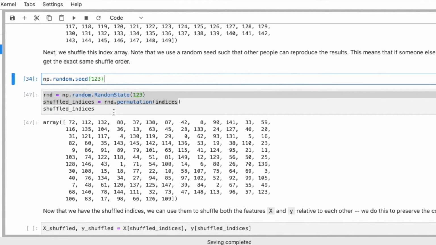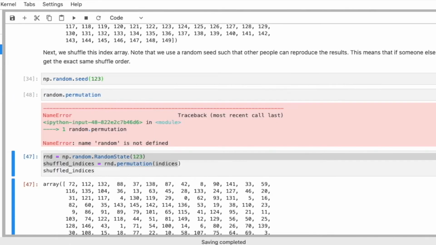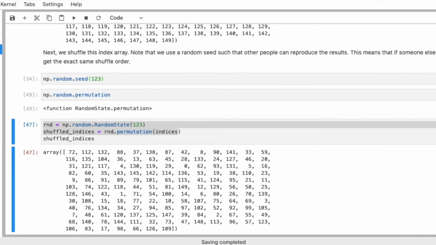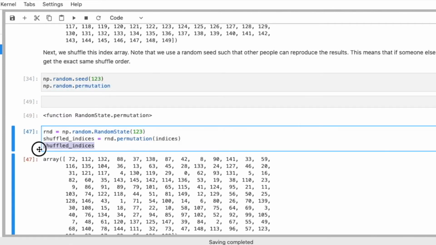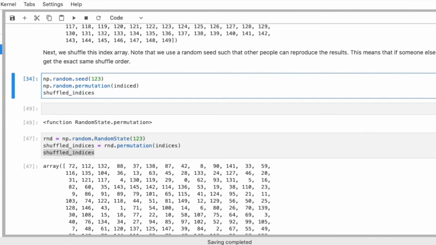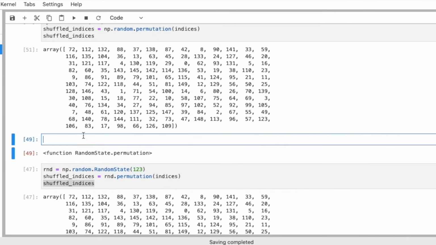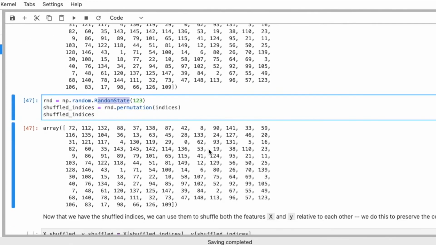I don't recall right now what the command is. Maybe random permutation, something like that. Nope, sorry, NumPy. You could technically also use this approach. So this should give you the same as using this random state. I like doing it with a separate random state. Anyways, I'm getting distracted here again.